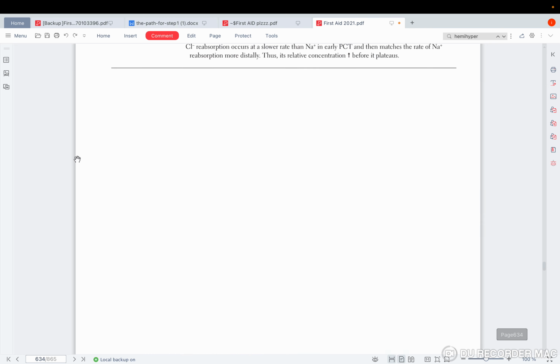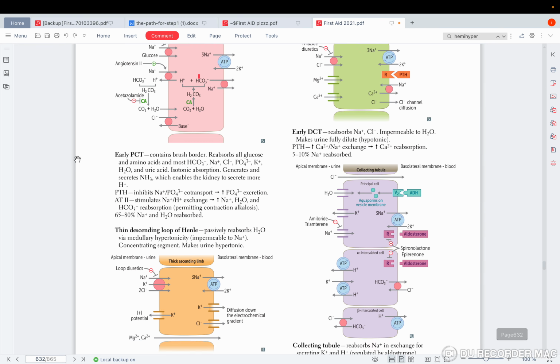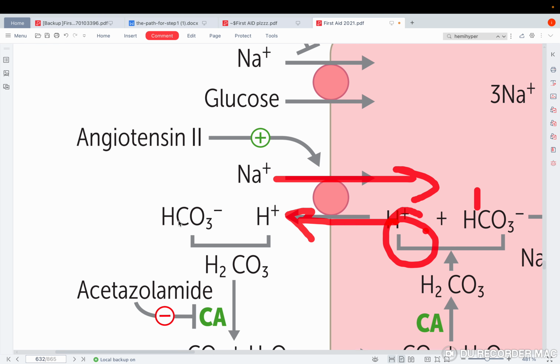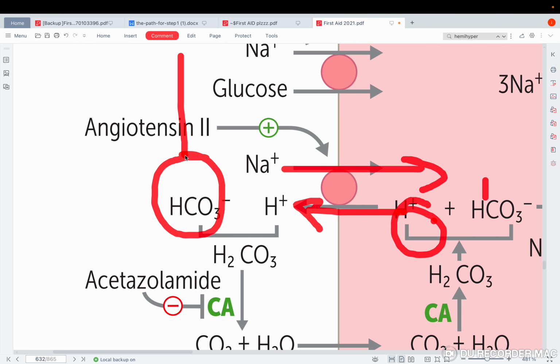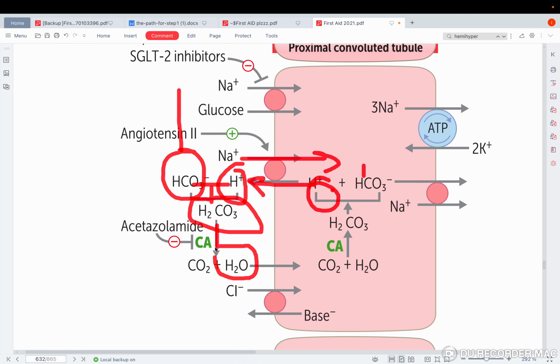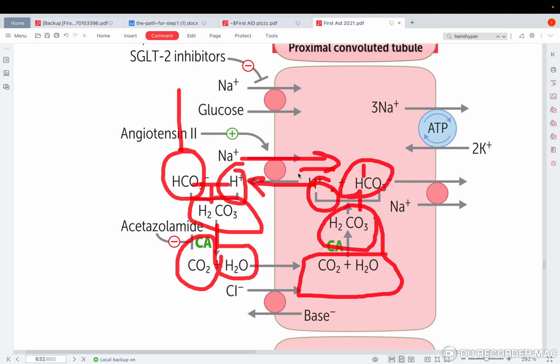Good. So, by the way, a really quick recap of this concept, just for 1 minute. Remember that when the sodium is reabsorbed in, what goes out? Hydrogen. When hydrogen goes out, it will bind to bicarbonate. Bicarbonate was just filtered from the kidney, so it was going to the urine. When it met hydrogen, they met each other and they were like, wanna make a baby? He was like, sure. So they bound to each other and made carbonic acid, which was converted to H2O and CO2. These two substances were reabsorbed by the PCT, and then you made carbonic acid out of them again. And then the carbonic acid was made into bicarbonate and hydrogen.